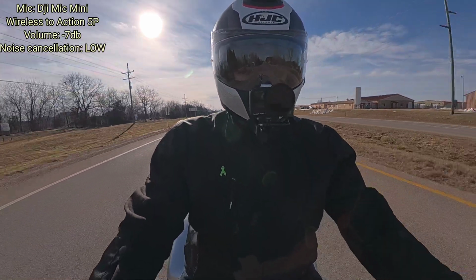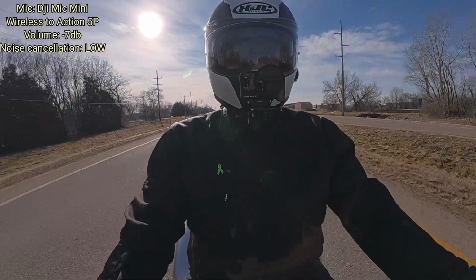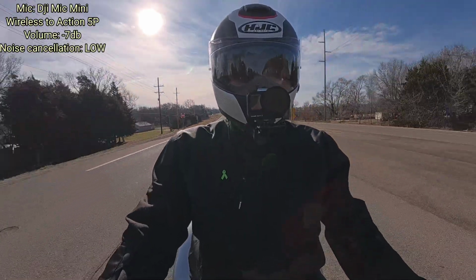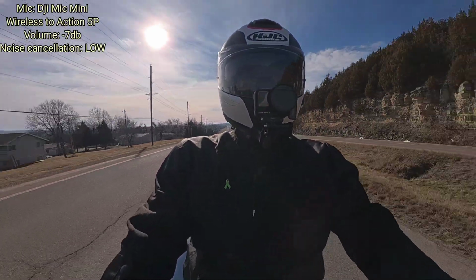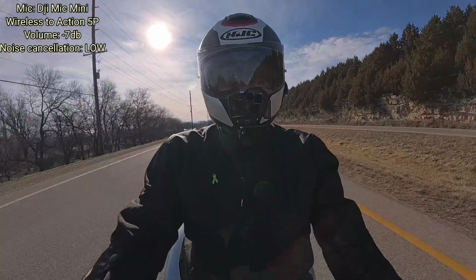Let me go up to like 75 so you guys can hear it at highway speeds-ish. So this is what you can expect if you're riding a naked bike and you have absolutely no wind protection. That's a lot of extra wind. Typically you would ride a naked bike around town, but for you naked bike guys, let me lower the windscreen down